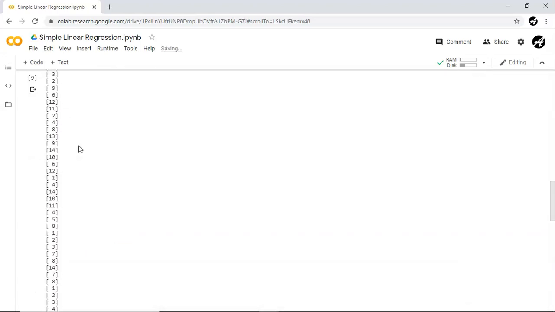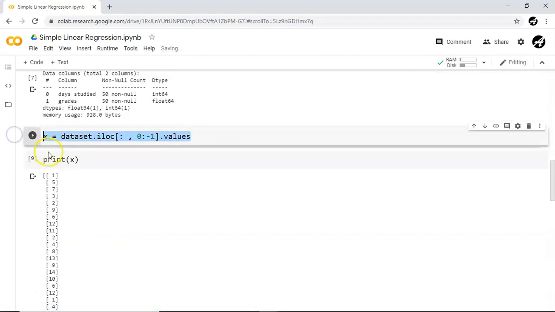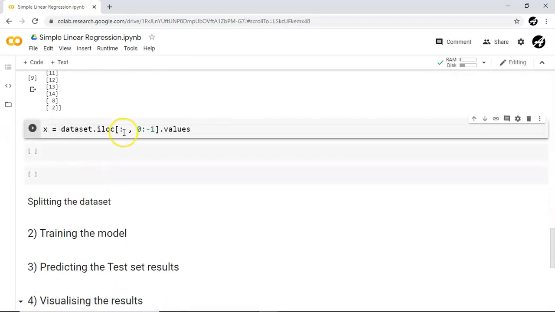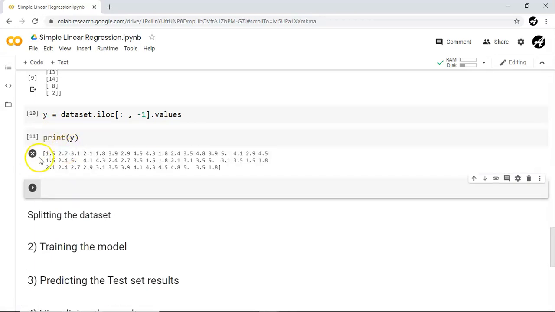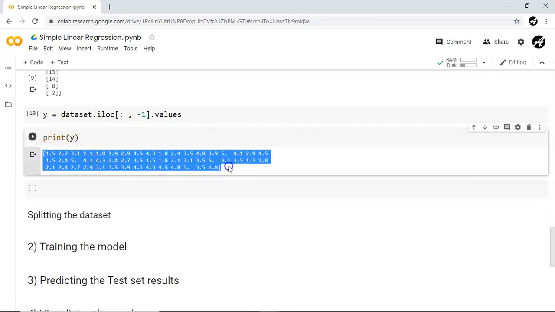Let me do the same thing for Y. I'm just going to copy it, but now I'm going to grab the last column. The last column I can grab like this. That is a more generic way to grab it, or you can just simply provide the absolute column number. In this case it will be 1, or let's just continue with the more generic way, -1. Let me print Y, and these are the values of our predicted variable.